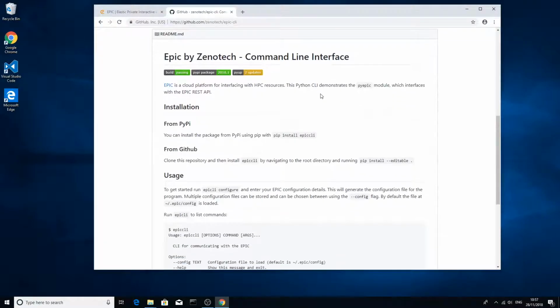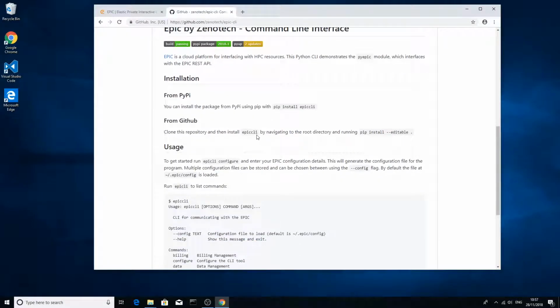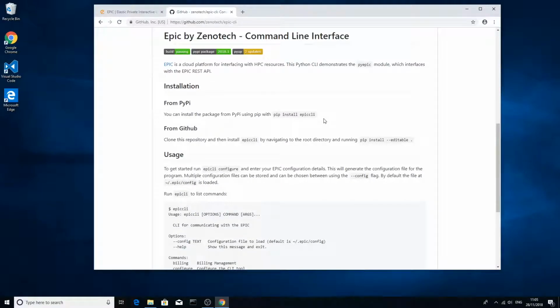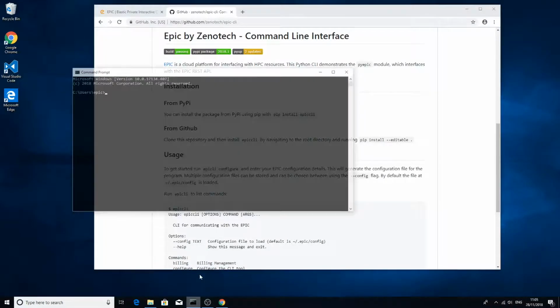Installation of Epic CLI can be done from PyPI using pip or directly from the repository. In this video I'm going to demonstrate installing and configuring the Epic CLI on a Windows 10 machine. This machine already has Python installed, and the first thing I'm going to do is open a command prompt, and